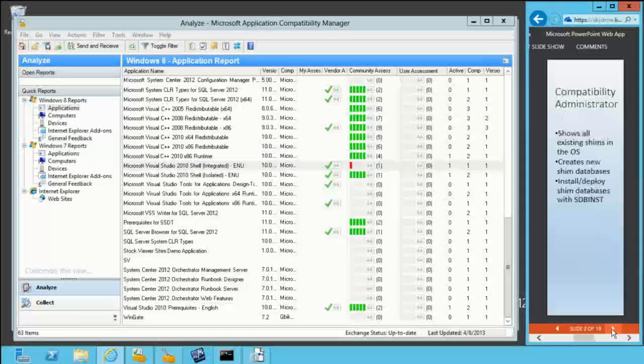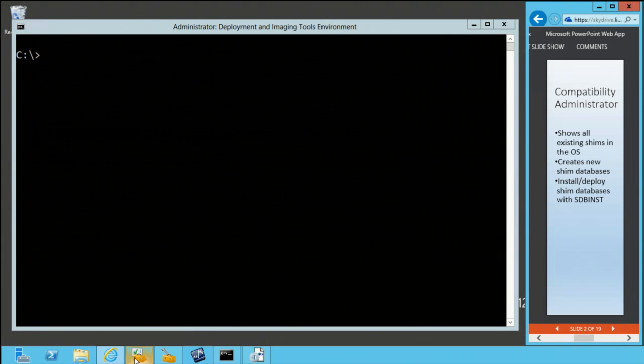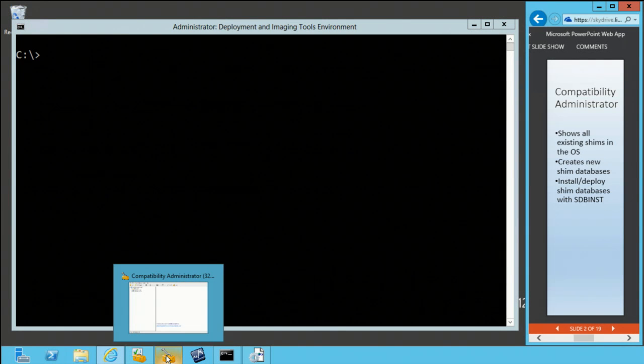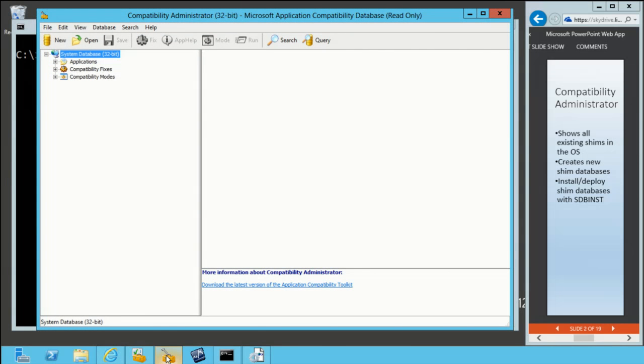Another piece then that's in the App Compat Toolkit is the Compatibility Administrator. And this one serves a completely different purpose. This one is all about fixing things. So if you have an app that's not working and you want to try to get it to work without upgrading it, without replacing it, without doing anything that costs money, you can use this tool to try to create a shim. And all of these shims are basically ways of altering the behavior of the application to make it work on